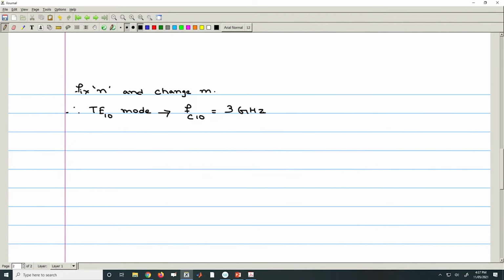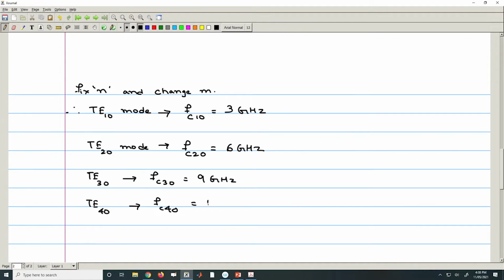Again this we are getting from equation number 1 for the indices m 1 and n 0. Okay. So now we will again change to the next value, that is for TE20. So for TE20 mode f will be f_c20, that is 6 gigahertz. Similarly for TE30 we will have 9 gigahertz. For TE40 we will have 12 gigahertz,